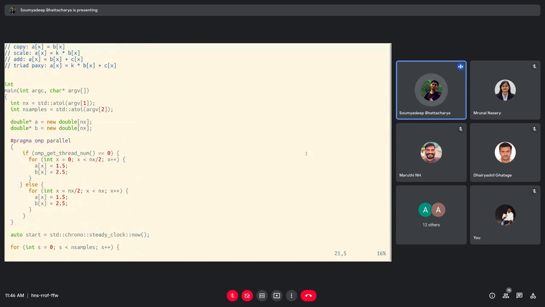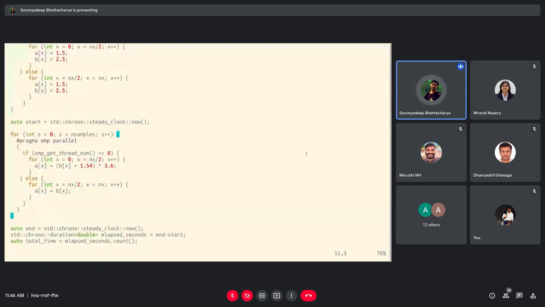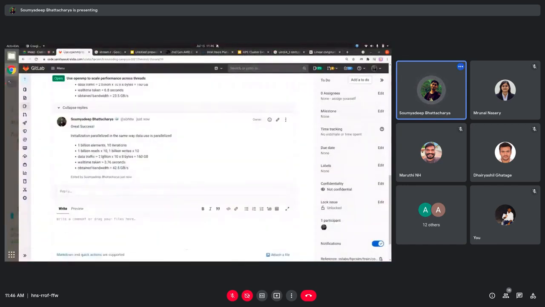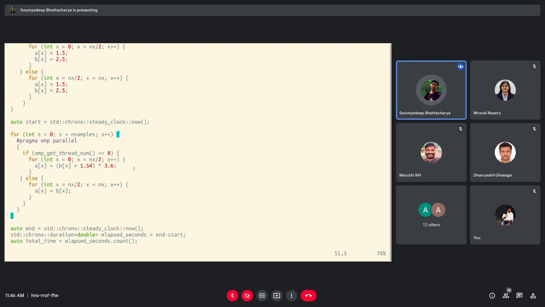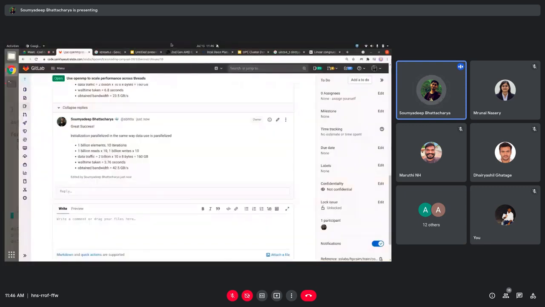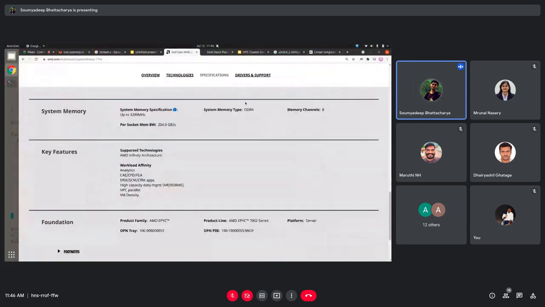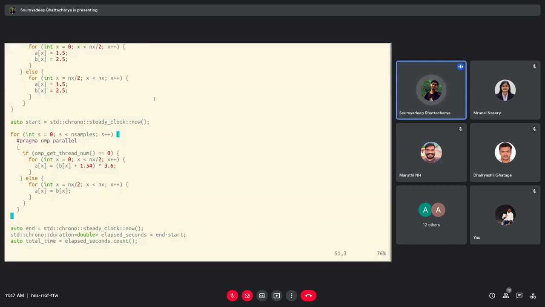Yeah, we'll come back to OpenMP. So we were doing it with 2 threads and we saw it was parallelizing well. We are getting the expected number with 2 threads. Now we want to quickly use the entire memory bandwidth that the whole node can afford. This node, as you saw previously, has 2 processors. Each processor has 8 memory channels, so a total of 16 memory channels. So we should get around 16 times 3.2 GT/s times 8 bytes, which is around 410. But if you run stream bandwidth,